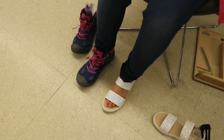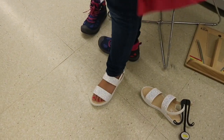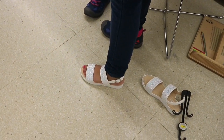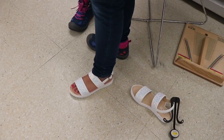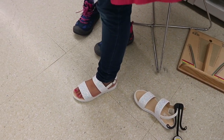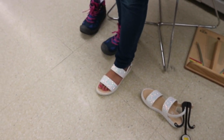So you like these sandals? Yes, ma'am. Oh, those are cute. All right, stand up. Let's see. Turn to the side. You might want 1/2 size bigger if they have half sizes, but those are pretty. You want to try both on and walk to make sure they don't hurt your feet? No, these are great. They're cushy, but not like